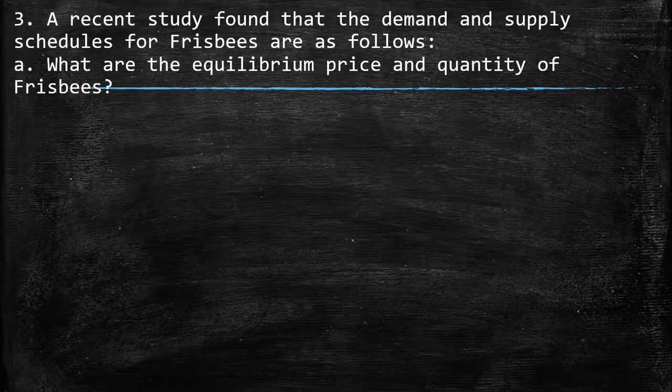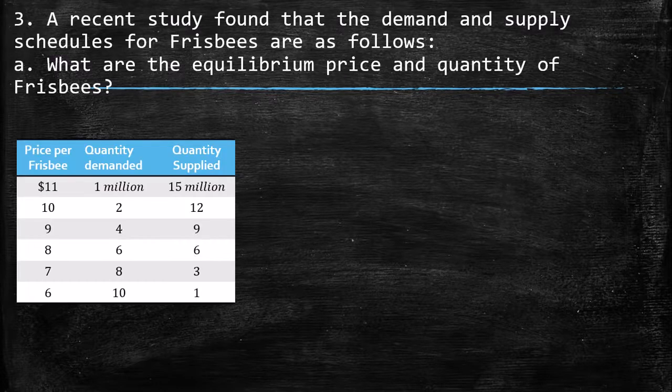Third, a recent study found that the demand and supply schedules for frisbees are as follows. A: what are the equilibrium price and quantity of frisbees? Here we have the table with the supply schedule. In the first column, we have the price for the frisbee from 11 to 6. Here we have the quantity demanded from 1 to 10, which increases at the same time that the price goes